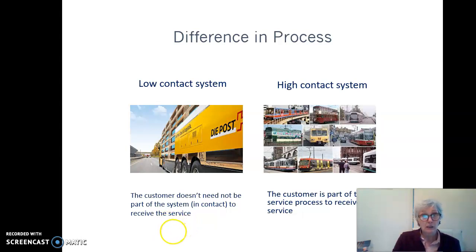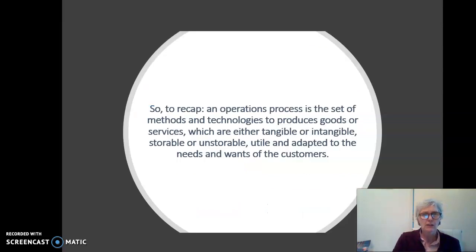So in the situation of customization, a high contact service system is more important to the customer than a low contact service system.